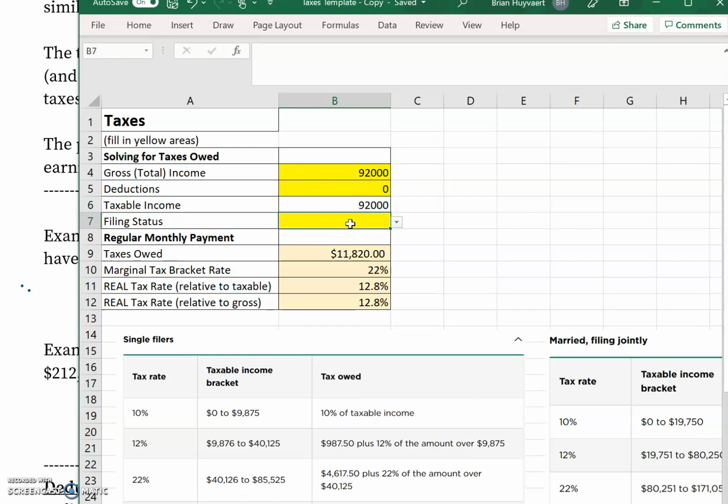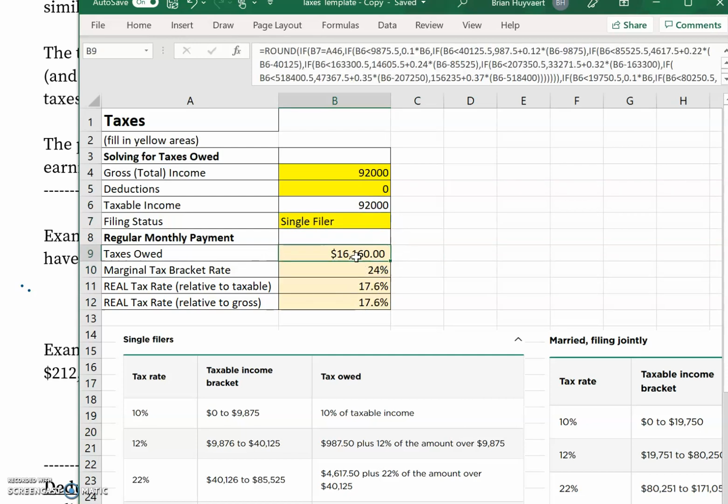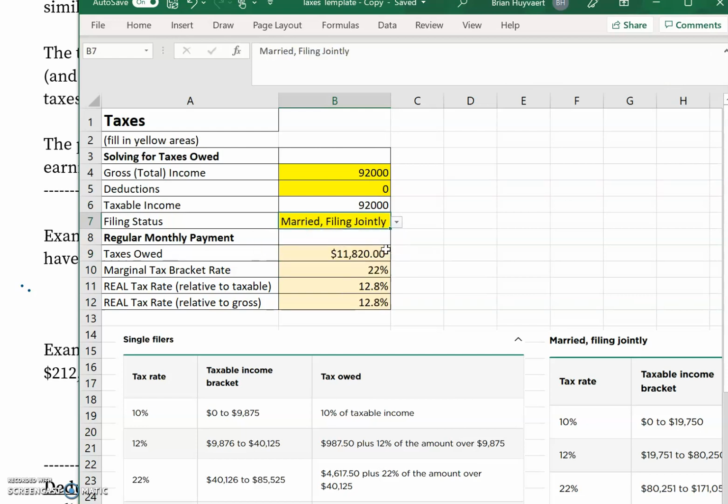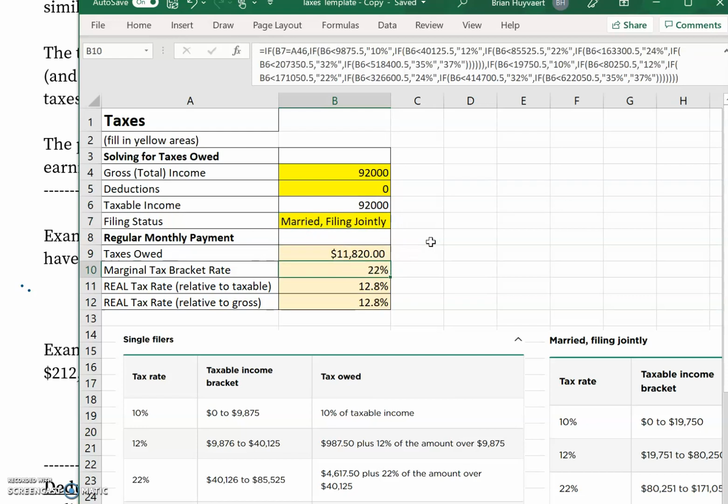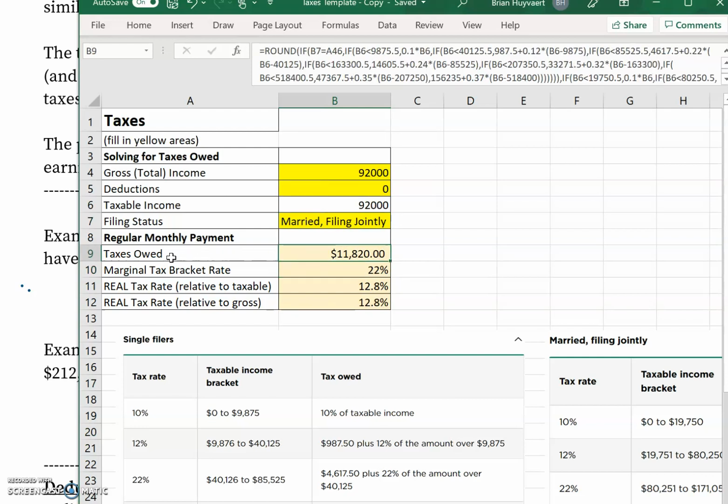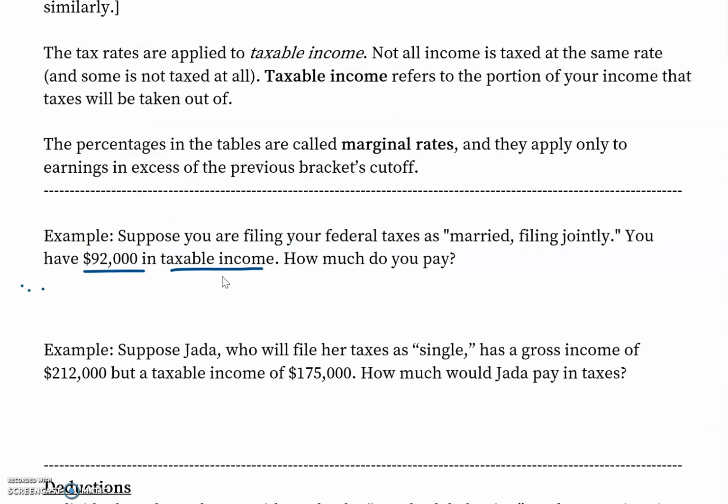What is your filing status? If you click on this, you see a little arrow. This is going to say select single filer or married filing jointly, which is what we have in our case. We see that updates what's going on. If I change this to single filer, all of these numbers change. We're in a different bracket. So filing jointly, we are in the 22% marginal bracket. Our taxes owed are 11,820. So that's going to be the answer to this one. How much do you pay? 11,820